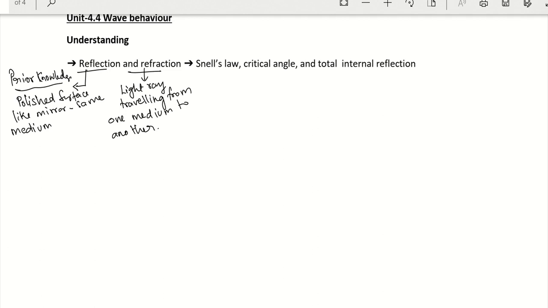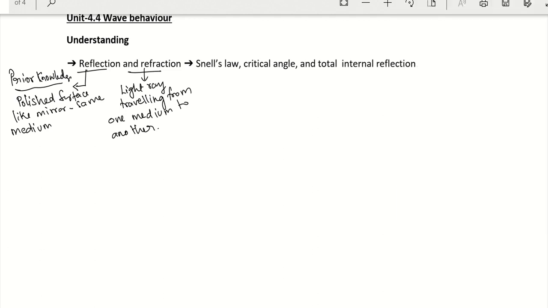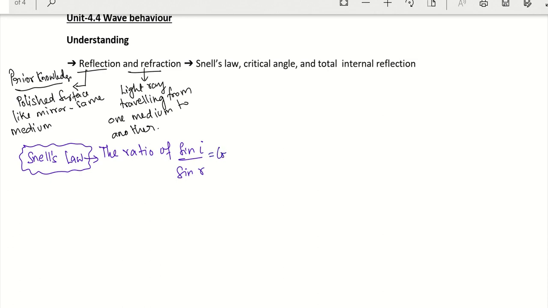So what exactly do we understand by Snell's law? Snell's law particularly states that the ratio of sine i by sine r is a constant. Now what is sine i and sine r? To understand that, we have to